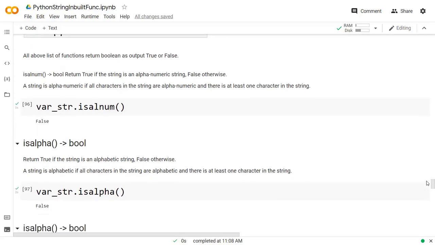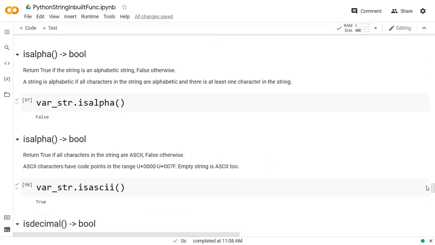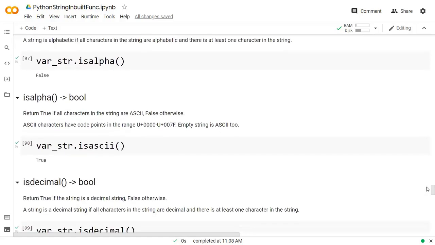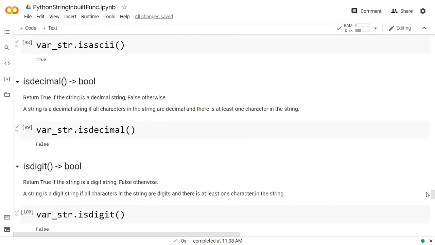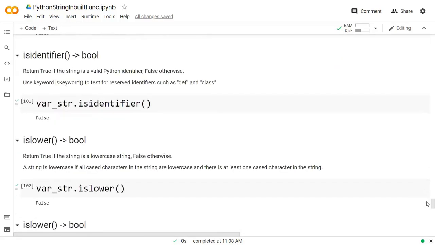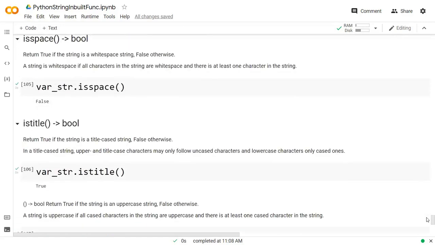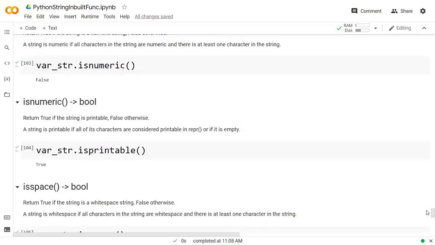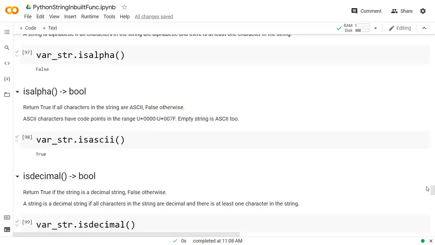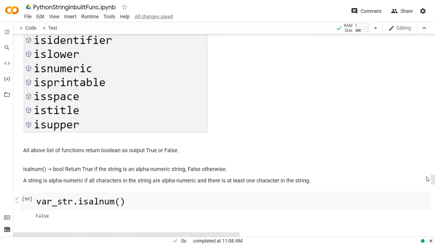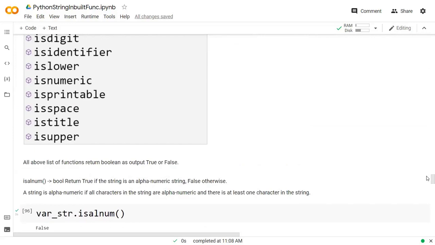Here you can see that for whatever situation, it is returning true or false. And if you change the value, definitely you will get a different output for the respective string, and on the basis of that you can work on it. So all the above list of functions return a Boolean as output, true or false. That is the baseline of this.